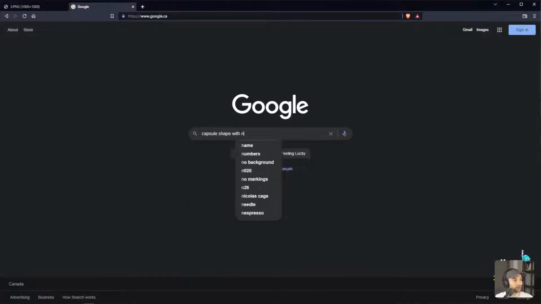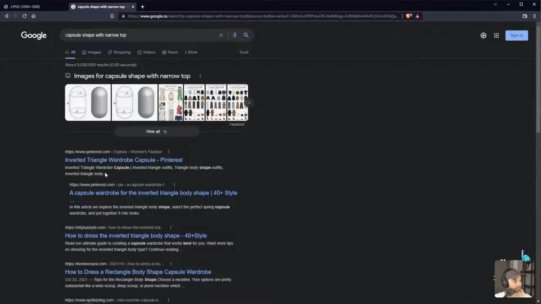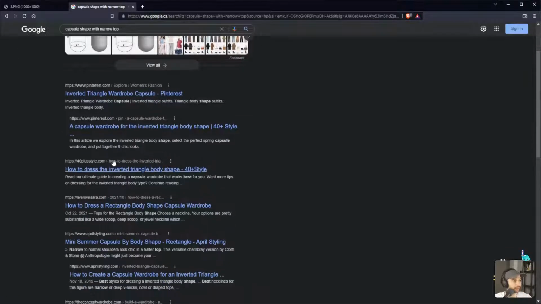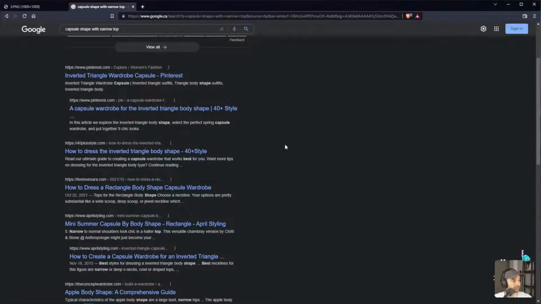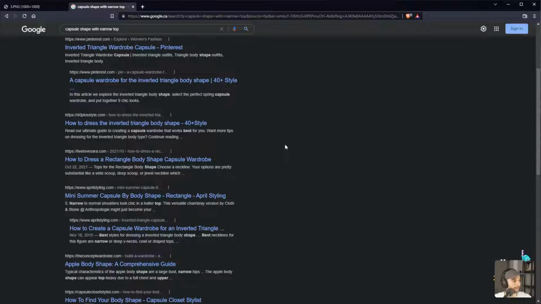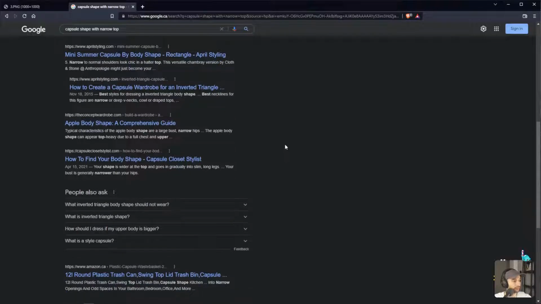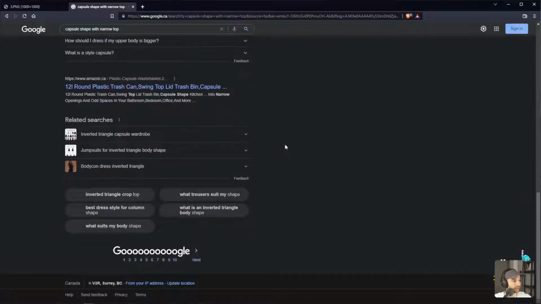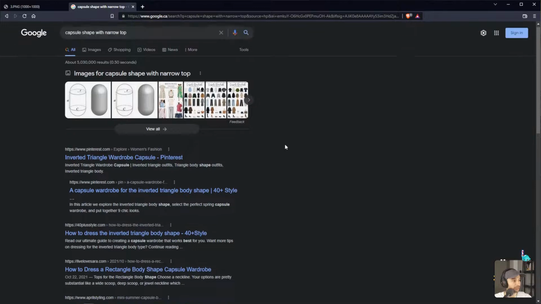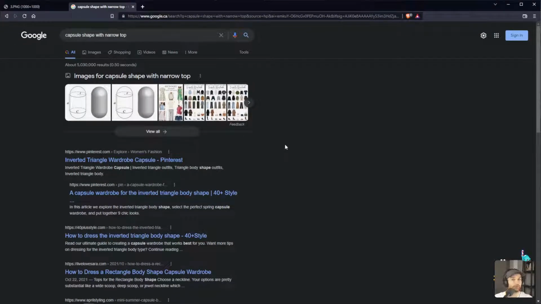Capsule shape with narrow top. I'm not really sure if this is going to be helpful. Could call it a cone capsule or a capsule cone. I don't know. Any suggestions?